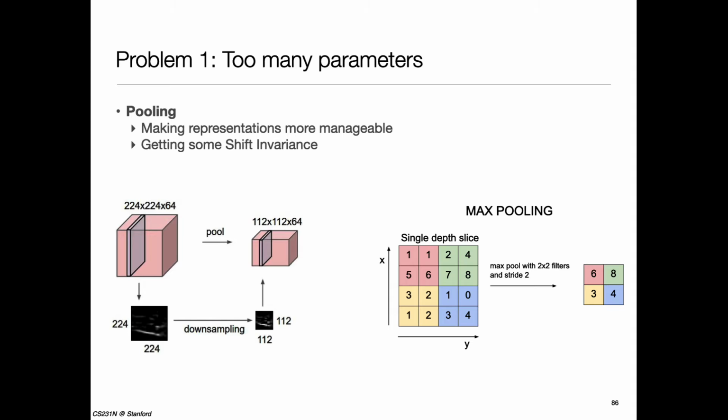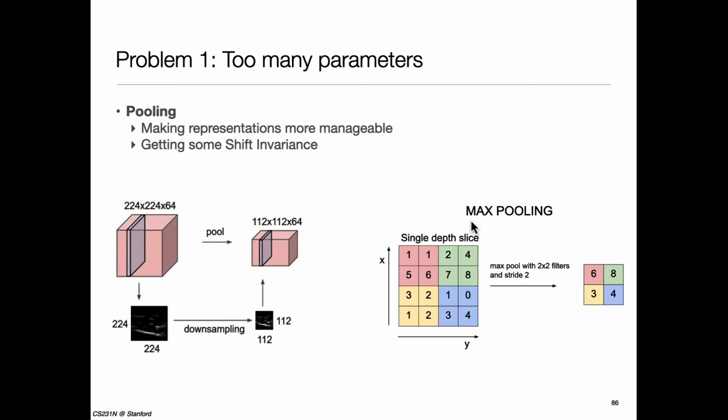Okay, so another thing which we can do to reduce the number of parameters is to shrink the size, right? If we were to only apply convolution, then if I have an image of k by k, my next layer would again be about k by k, plus or minus 1. So this is where a concept called pooling comes into play. What pooling does is it takes my image or activation map and looks at bigger chunks of it, like 2 by 2 chunks or 3 by 3 chunks, and then applies some sort of statistical function over it.